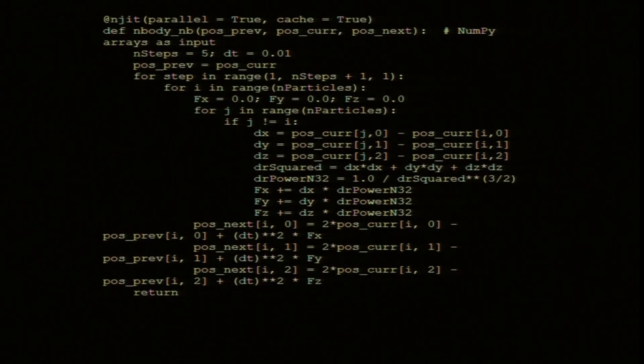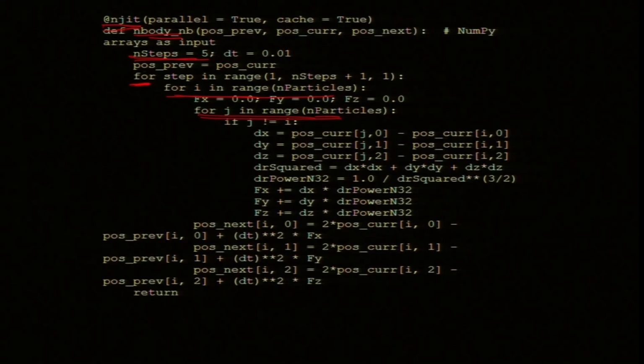We can speed it up by Numba. In fact, the loop is obvious. This is a function n_body_nb, nb is Numba. I am doing n steps equal to 5, but you need to do more in the project. You should really do a long simulation. This is the time loop, so I do 5 time steps, and this is the particle loop, which I said: for every particle I need to compute the updated position, and for particle j I compute the force and update.